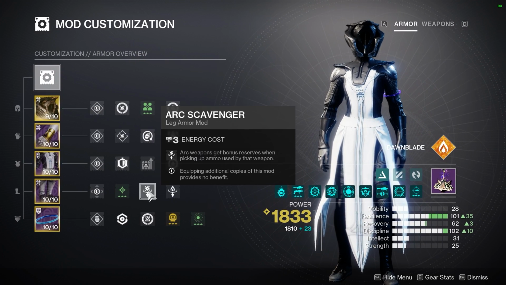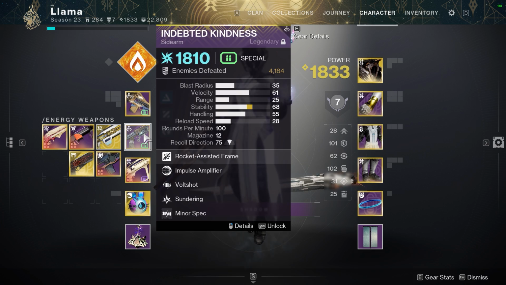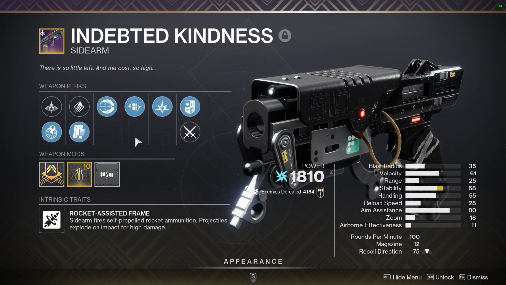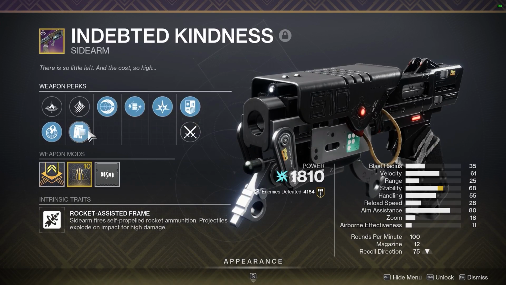The most important mods though are Arc and Solar Scavenger, because you'll be using your Indebted Kindness for ad clear quite a lot and you'll be burning through ammo quite a lot. And also, side note, if you have an Indebted Kindness with Appended Mag, it actually increases the total reserve ammo you can carry. Normally without it you'd get 46, but with it you'll get 50. So, just a tip there, if you have one with Appended Mag, do equip it